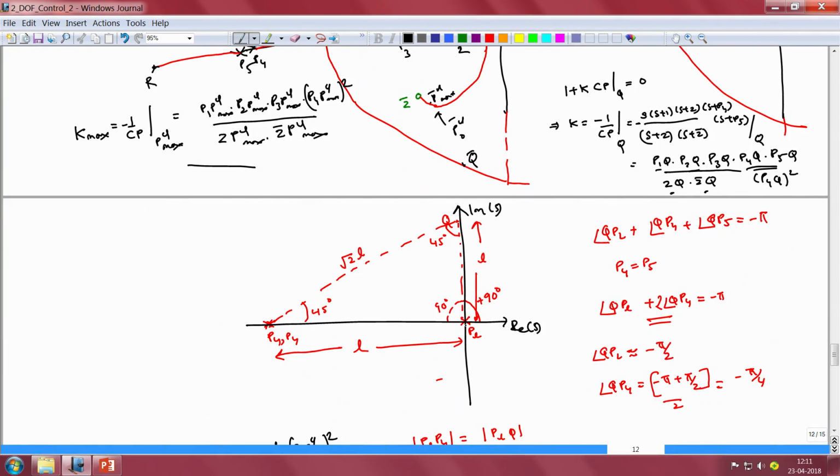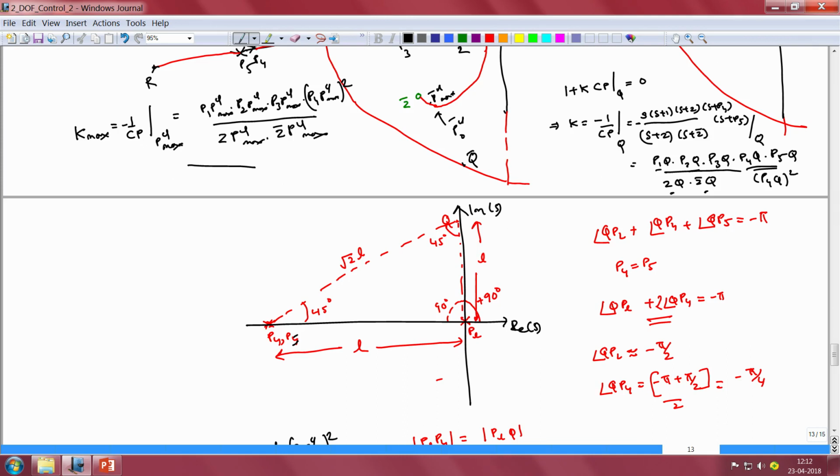We have one lumped pole at the origin, that is the effective contribution of the 3 plant poles and the 2 controller zeros near the origin, and then we have the far away controller poles P4 and P5, which together result in one of the branches of the root locus, namely the branch on which the point Q lies, to cross over from the left half to the right half of the complex plane.